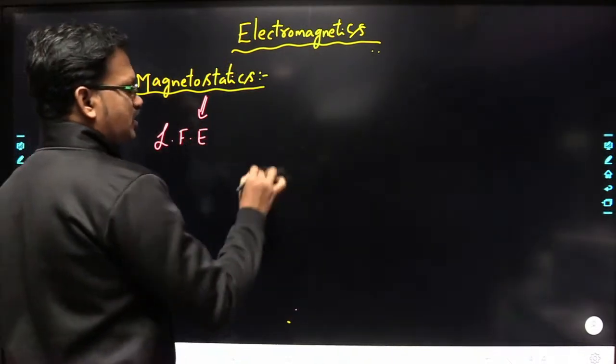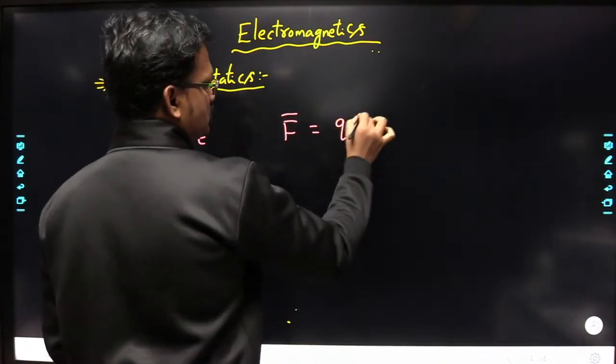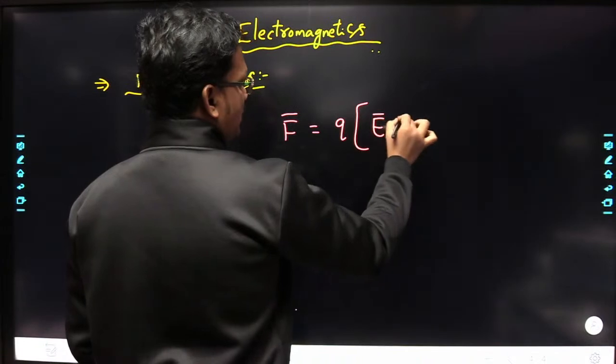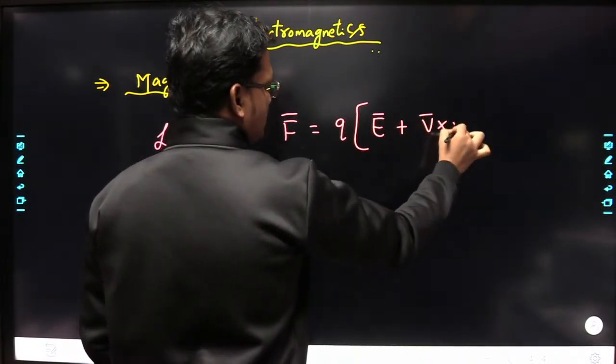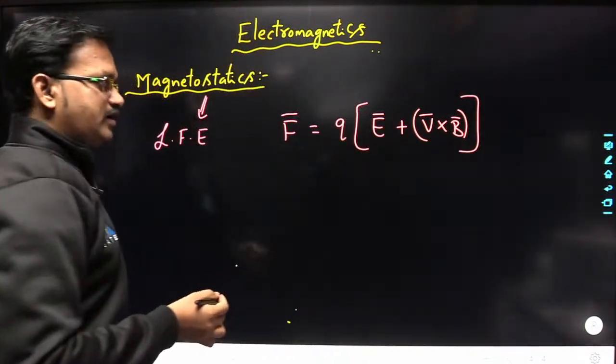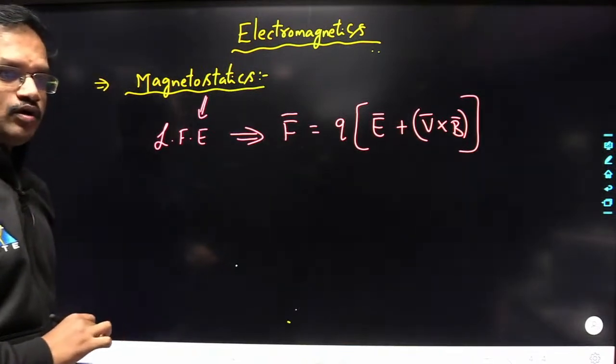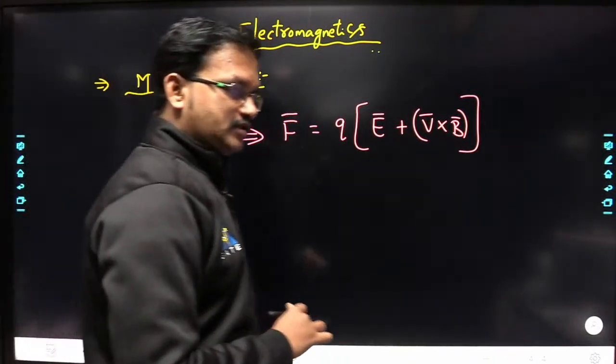In general, the Lorentz force equation I can write as F bar is equal to Q into E bar plus V bar cross B bar. If you have both the electric field as well as the magnetic field, then this is the Lorentz force equation. If you consider only the B field here,